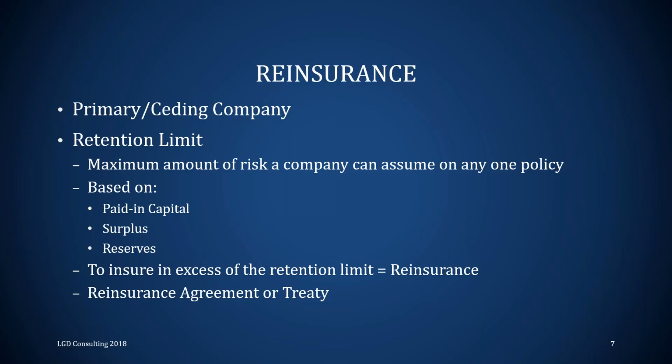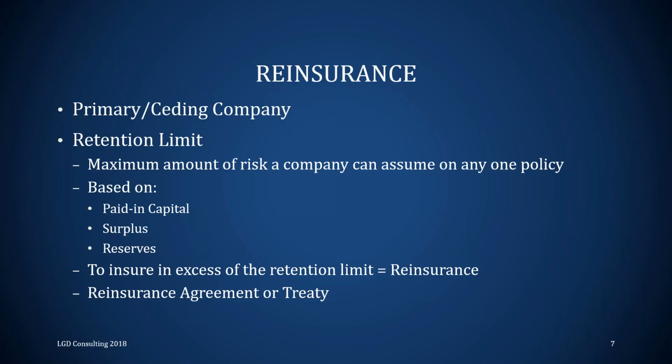The example here is a client wants $1 million worth of coverage, and the company they're originally buying this policy from can only handle $500,000. That's their retention limit. The Department of Insurance sets that limit. So if the client wants $1 million, but this company can only handle $500,000, one thing the company can do is write two $500,000 policies to protect the client. That way it stays within the $500,000, and that first company manages the risk. But the problem for the client is that's two policies, two policy fees, two admin charges, so it's not necessarily cost effective.